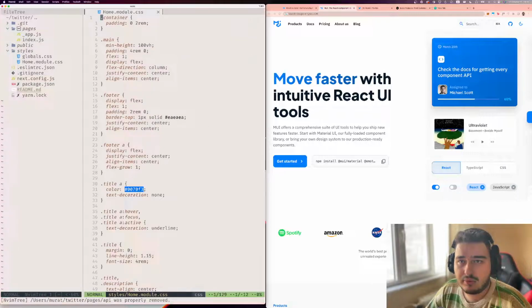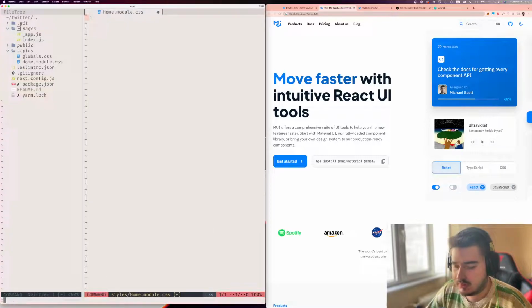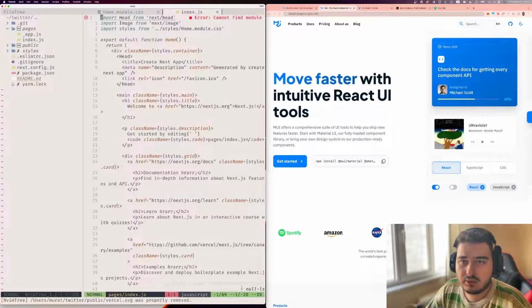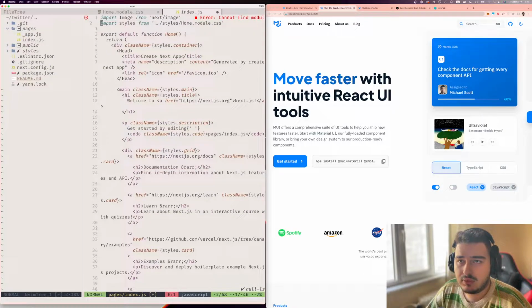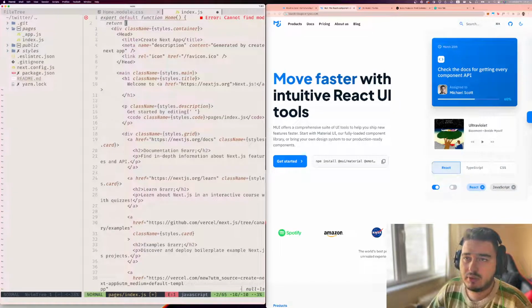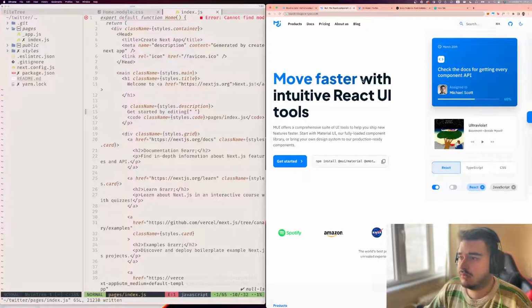Okay, for the home module we can get rid of these stuffs. Cool. We can get rid of Vercel. Okay, and yeah, that's all. Let's remove head from there, all of them from there. Okay, for the home screen,